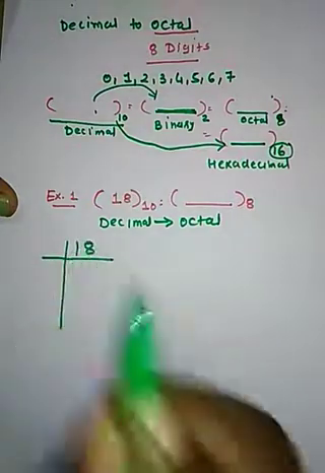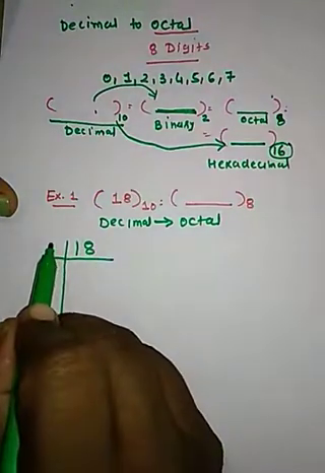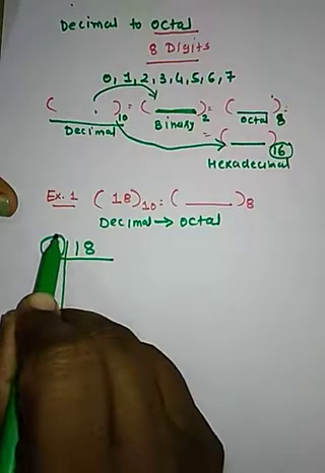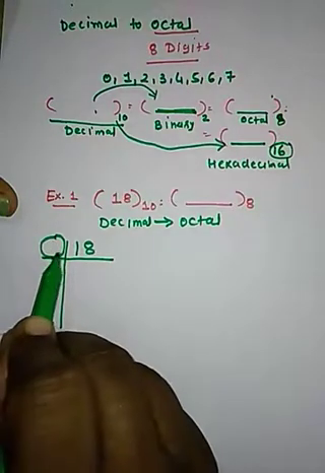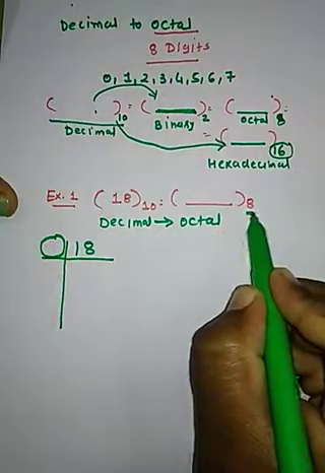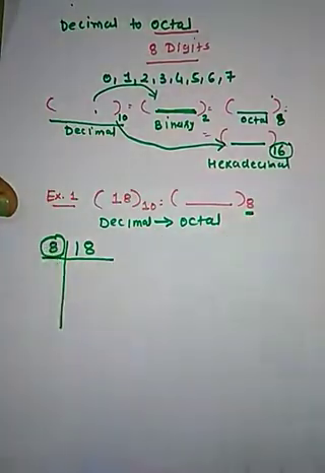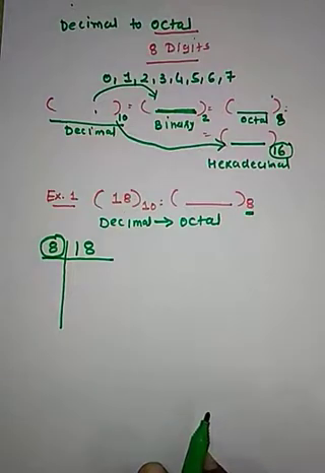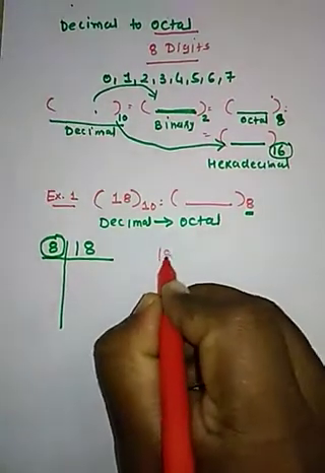Okay, so first write here 18. અહીંયા કેટલા લખવાના? 18. બાઇનરીની અંદર આપણે અહીંયા કેટલા લખતા હતા? 2 લખતા હતા. In a binary number we will write here 2. But to make the octal number we have to write here 8. અહીંયા આપણે કેટલા લખવાના છે? 8 લખવાના છે. Now divide this 18 by 8.